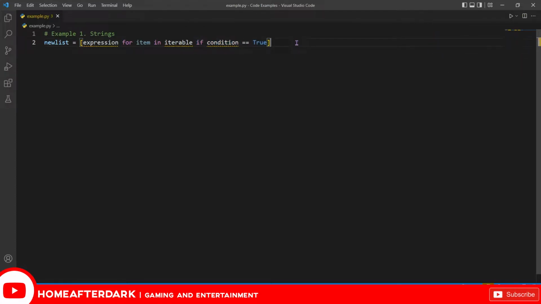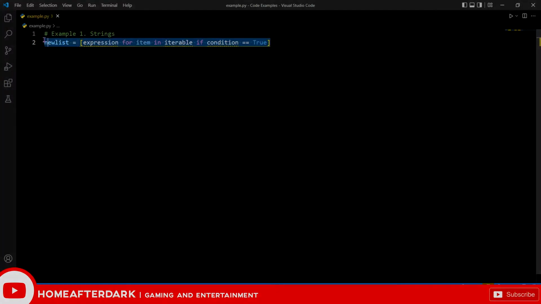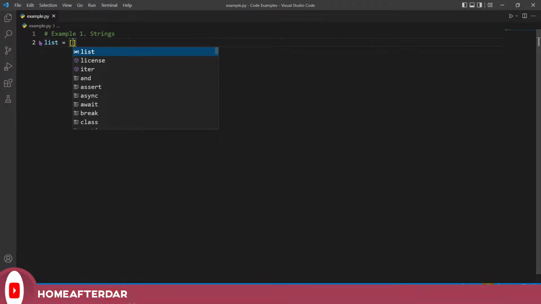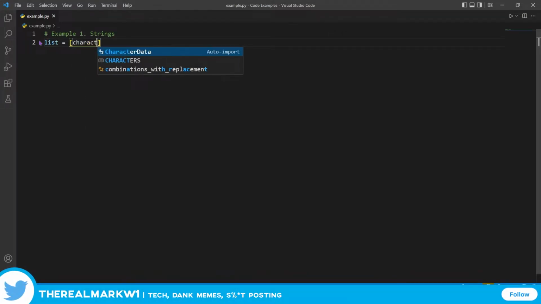And so now that you see the form, let's go ahead and look at an example using strings. So I'm going to make a variable called list right here. And then I'm going to have, let's just say, character. What is character? Well, for character in